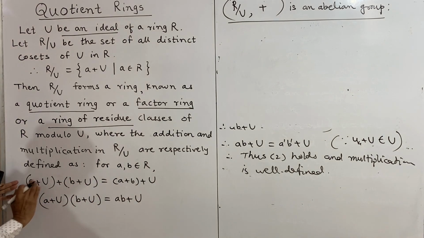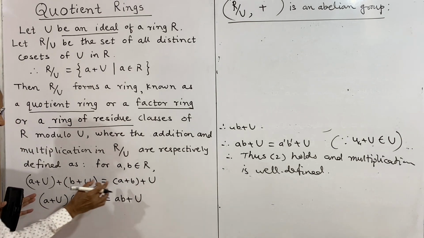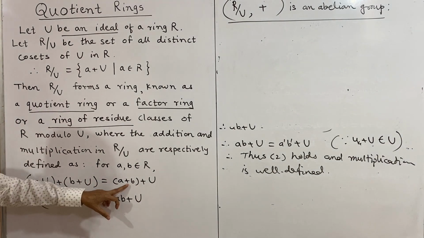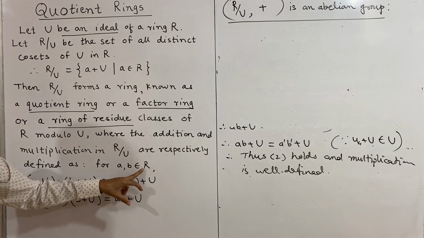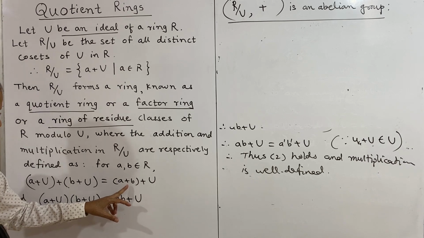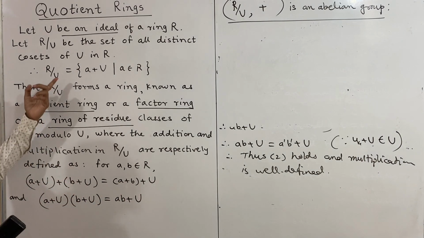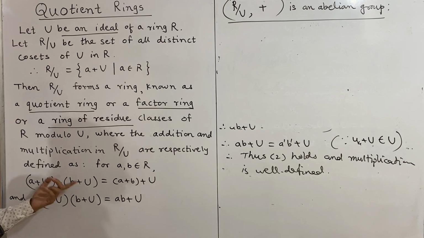If you interchange the elements, B plus U plus A plus U will be B plus A plus U, and because addition in R is commutative by definition of ring, addition in R by U is also commutative,